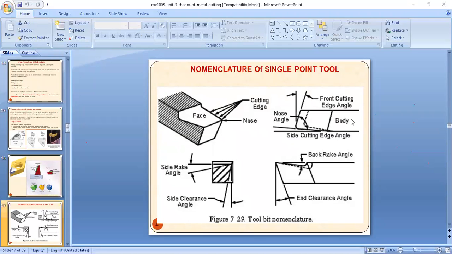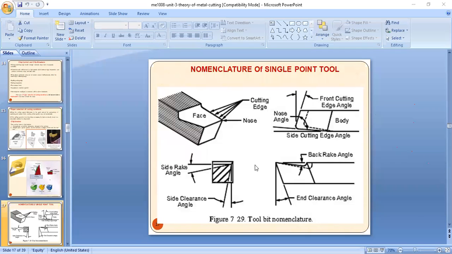Again, when we come to the end clearance angle, we draw the straight perpendicular and follow this particular nose axis. So it is the end clearance angle. I will be giving the definitions also. Here, this is the end clearance angle. Now, back rake angle: you have to represent the diagram. Whenever we have a diagram related to back rake angle, we can show the end clearance angle. You just try to remember. It's not mugging up things; you have to know the concepts.